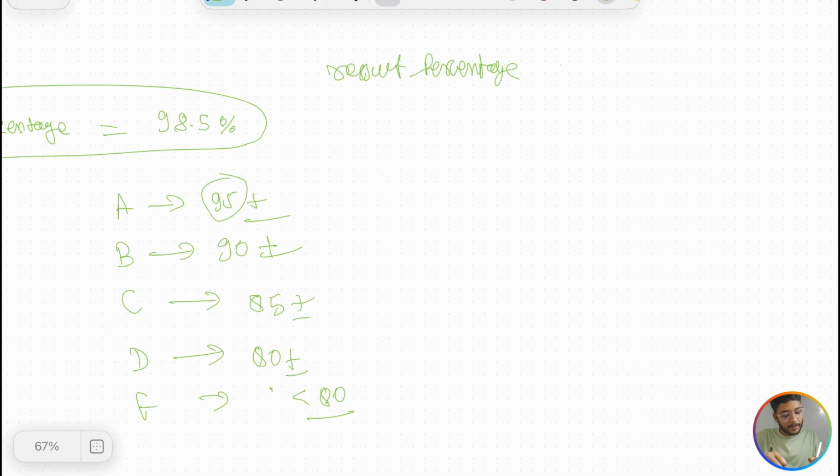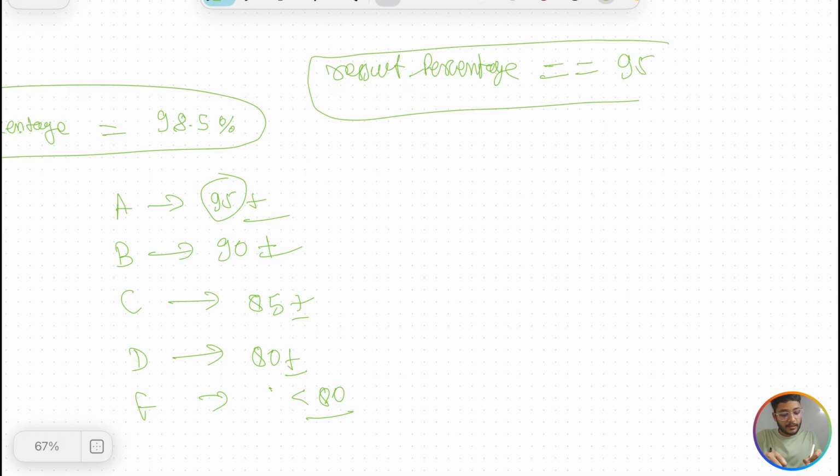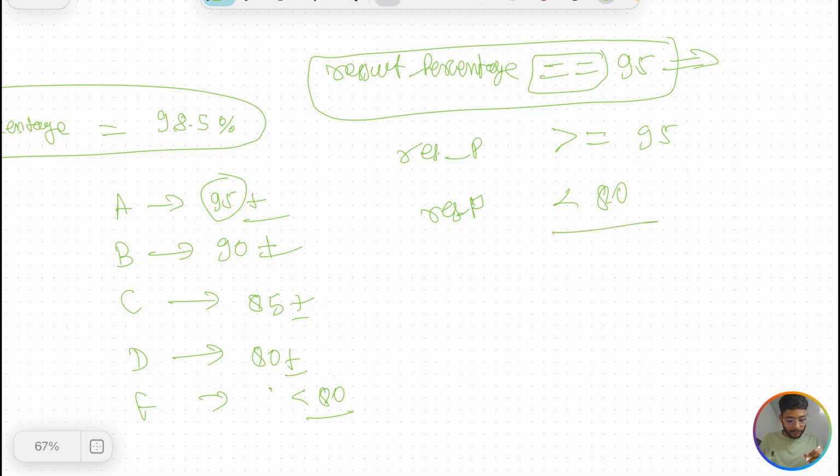Okay. So just imagine, forget about the if condition, how you will compare whether it is 95. If you want to compare whether it is 95 or not, then you will use the comparison operator equals. But if you wanted to see if it is 95 or greater than 95, then you will use the greater than equals to operator. Result percentage is greater than equals to 95. Same if you wanted to see, suppose, if it is less than 80, so you'll say result percentage less than 80. Yeah, this one for this one.